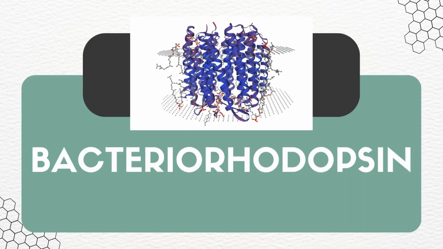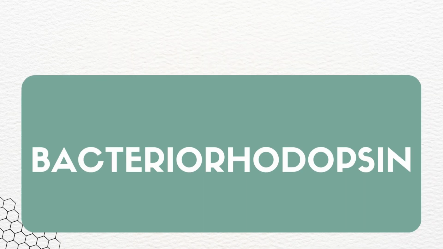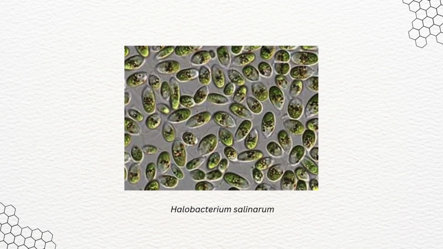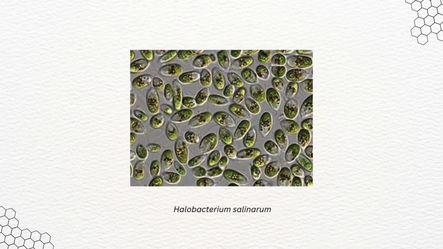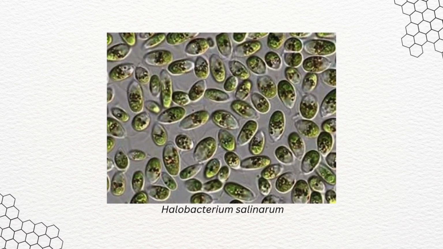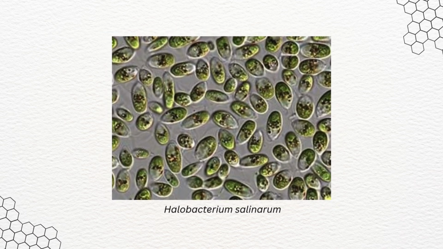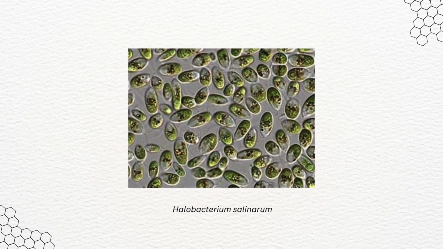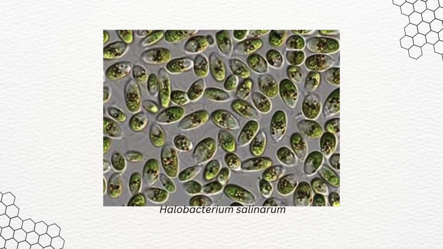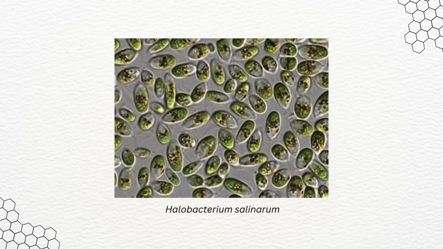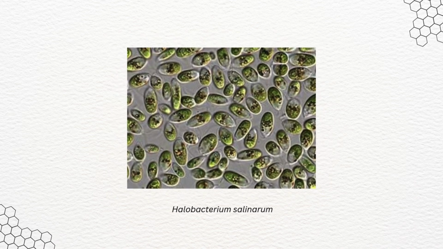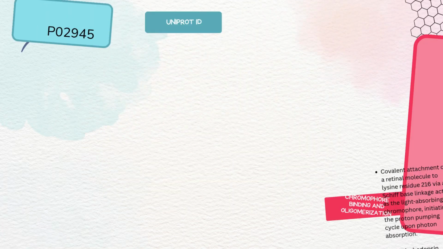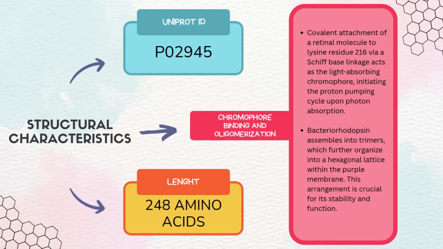Lastly, the third protein is bacteriorhodopsin. Bacteriorhodopsin can be found in the purple membrane of the archaeon Halobacterium salinarum. This protein-rich membrane region is characterized by its vivid color attributed to the presence of bacteriorhodopsin and associated pigments. The UniProt ID for bacteriorhodopsin is